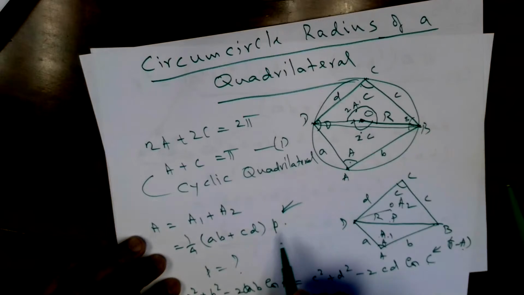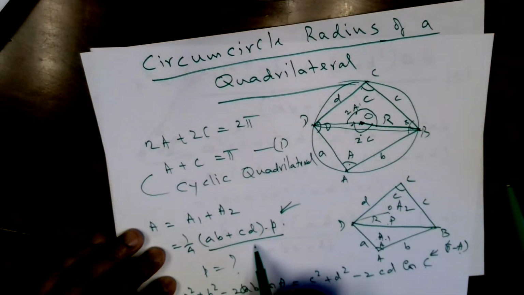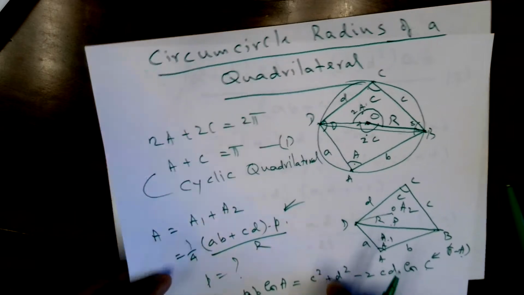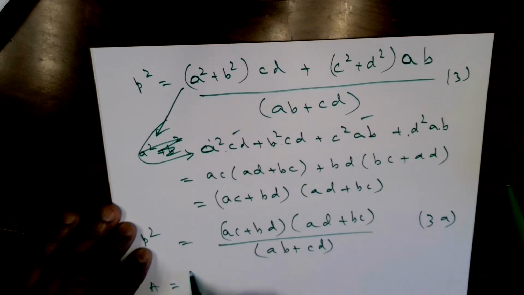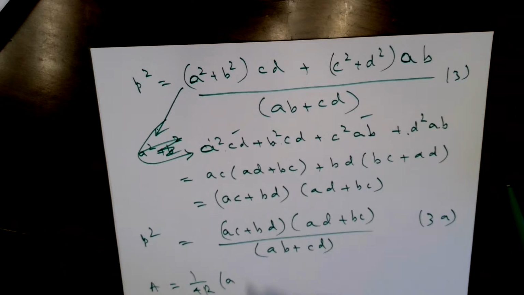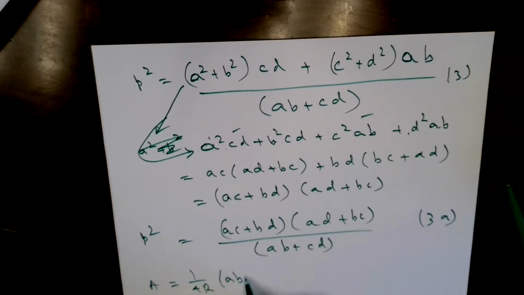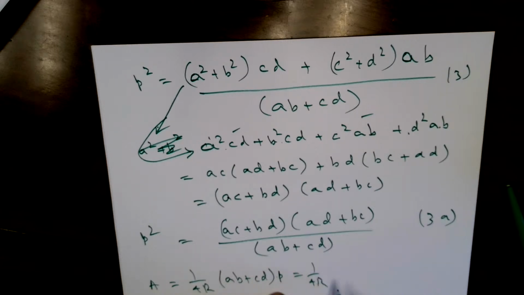Okay, I guess I missed there's a 4R, ABC by 4R, so there's also an R here. So we get area, which is 1 over 4R multiplied by AB plus CD multiplied by P. So P is the square root of this. So if you substitute, you can see that you'll get this to be,